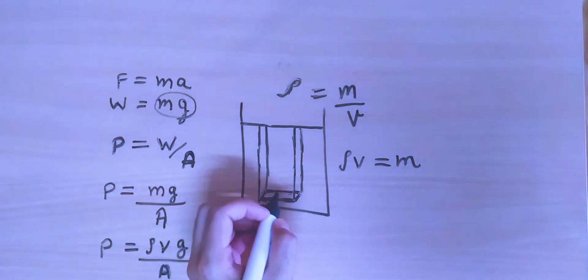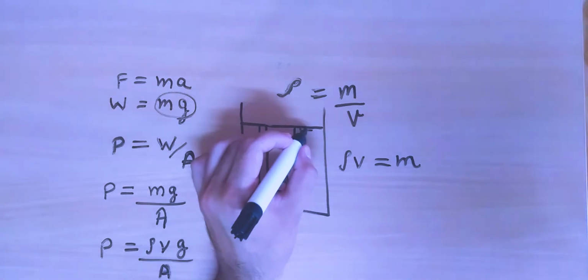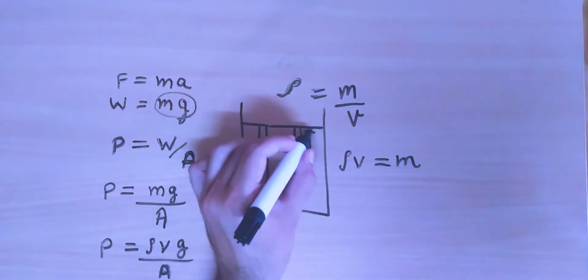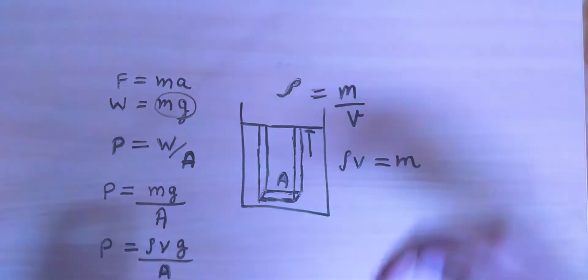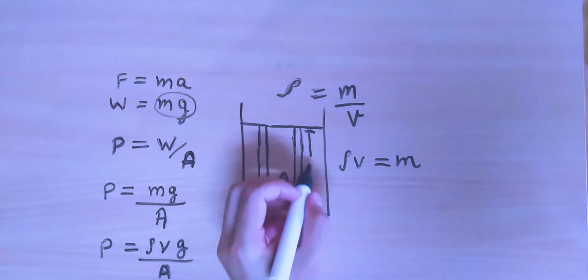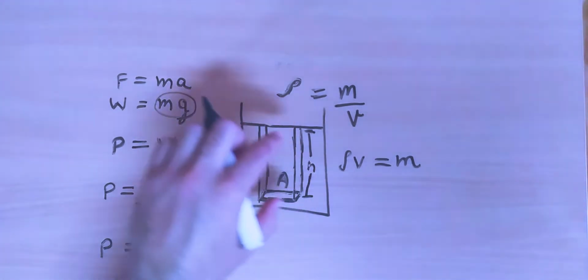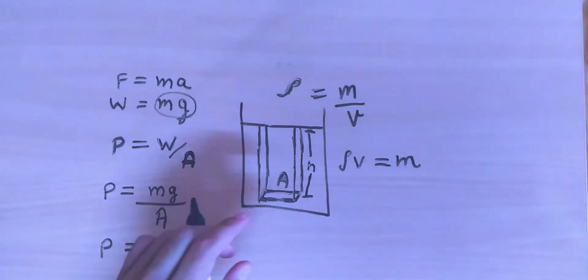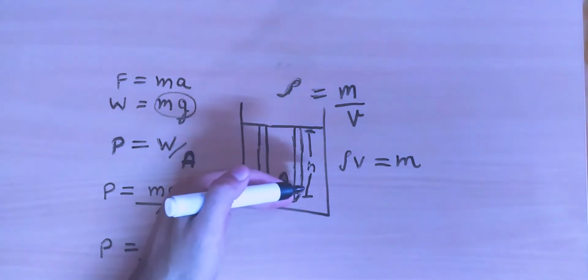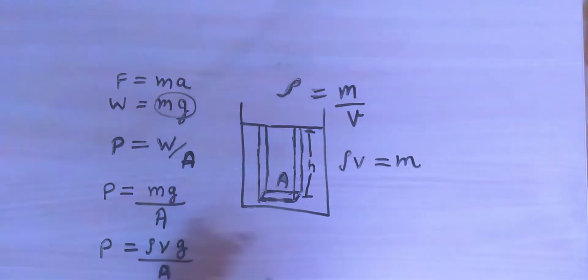So we know that the base area is A, and let's say this height of the column, which would be equal to the depth of this column, is, let's say, h units. So h is the depth of water, or you can say the height of this column, or you may call it the depth of the point at which you are finding the pressure, that is denoted by h. So what should be the volume of this column of water?